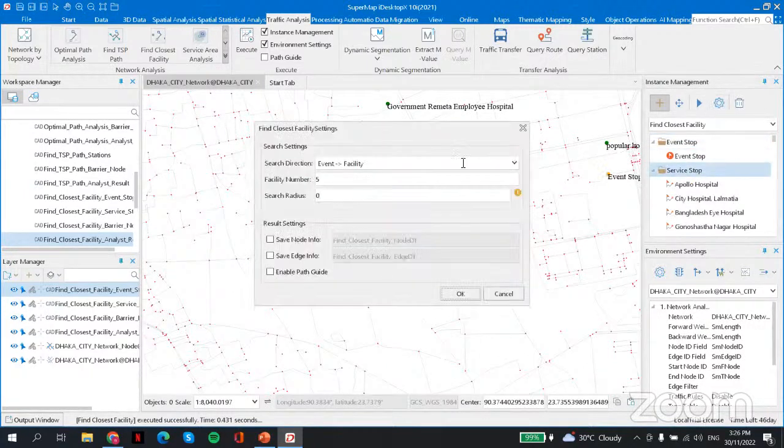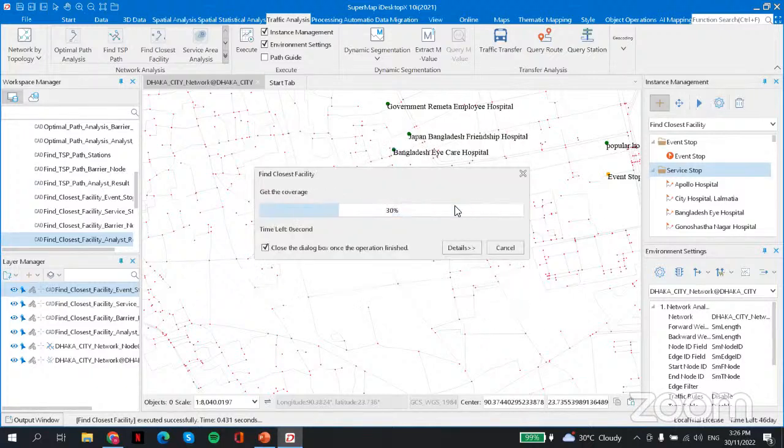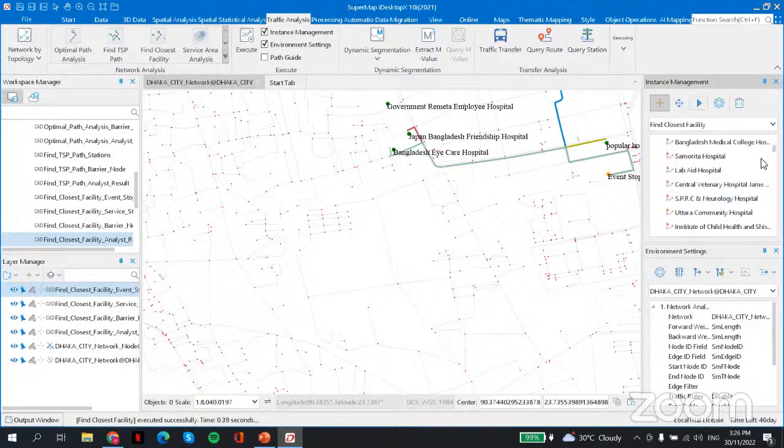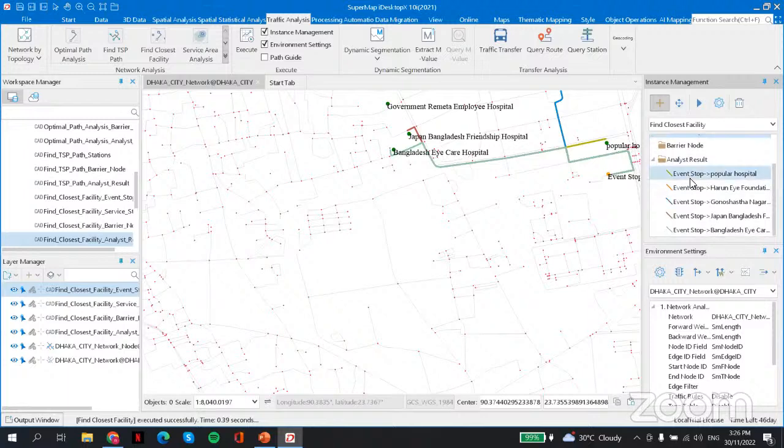Click this parameter again to set which facility number nearby your area you want. So you can just click 5 and click OK, and then run it again and you can find out which hospital is nearby towards the incident or your area.